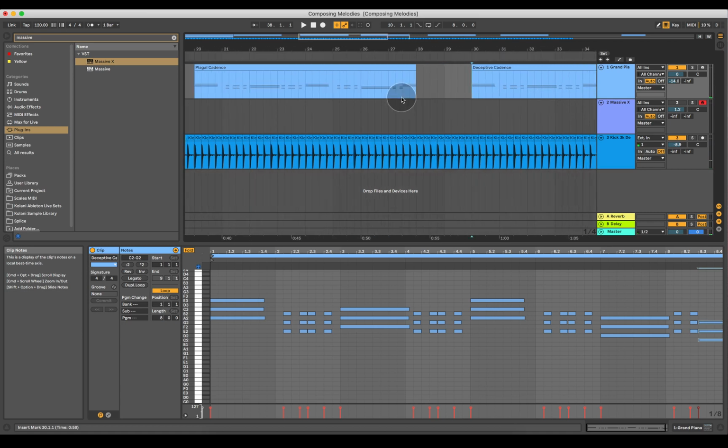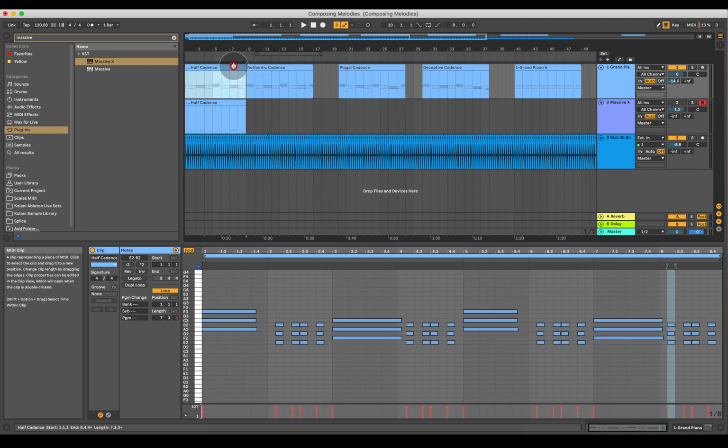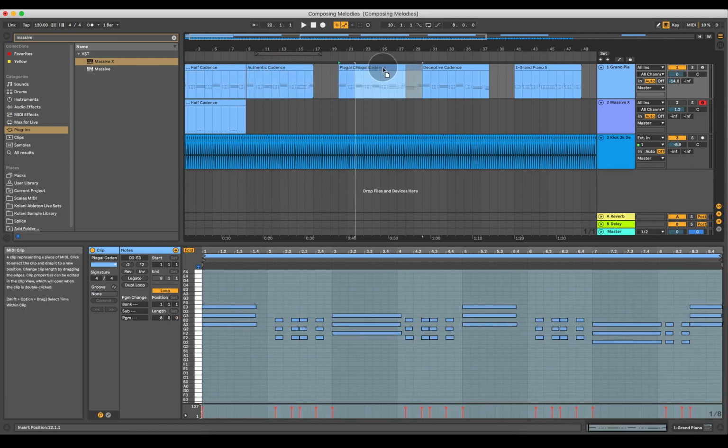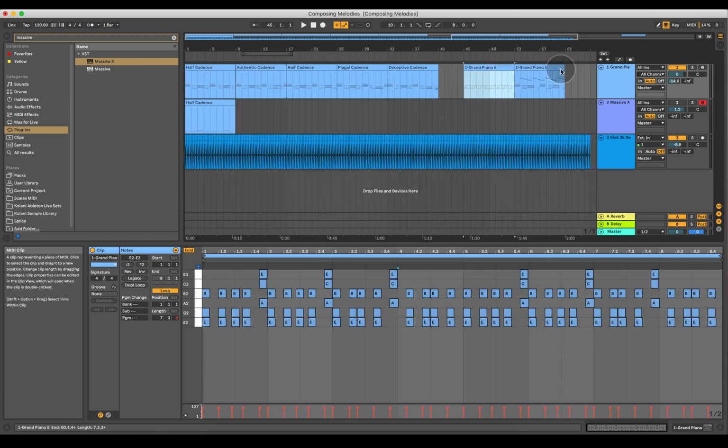There you go. Now you could combine and mix and match all of these in order to create a song that continuously changes and therefore produces interest and keeps the listener engaged, right? So we could have a half cadence ending going into an authentic cadence ending at the end of the second phrase. Perhaps going back into a half cadence ending, going into a plagal cadence ending, when people would actually expect